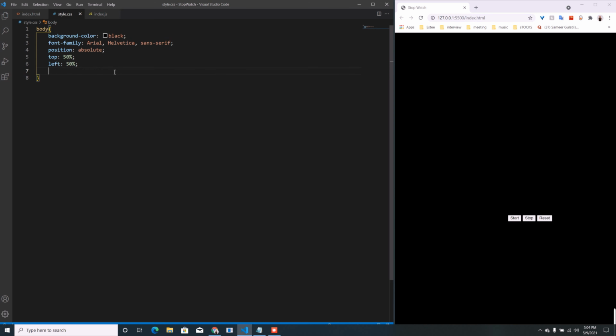And add the transform property: translate it minus 50% from both.